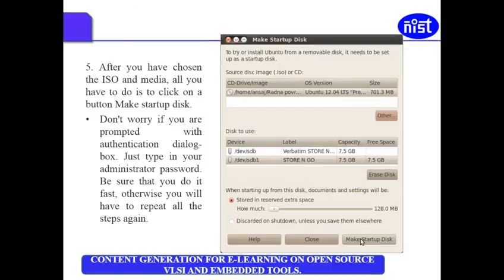After you have chosen the ISO media file, all you have to do is click on Make Startup Disk, and then as it is shown in this figure, you need to follow all the basic steps.